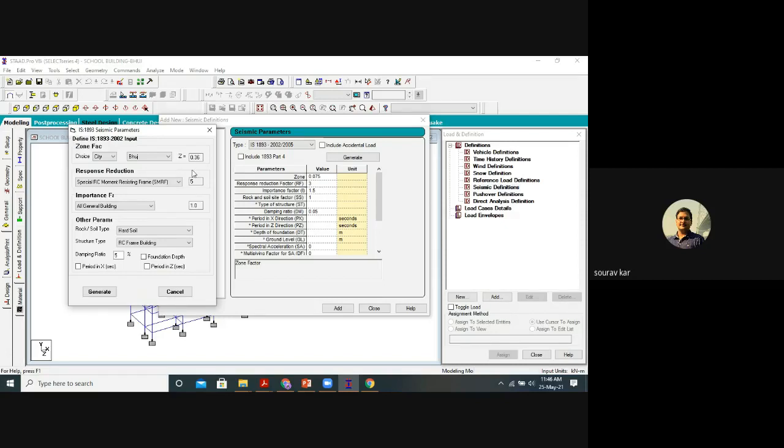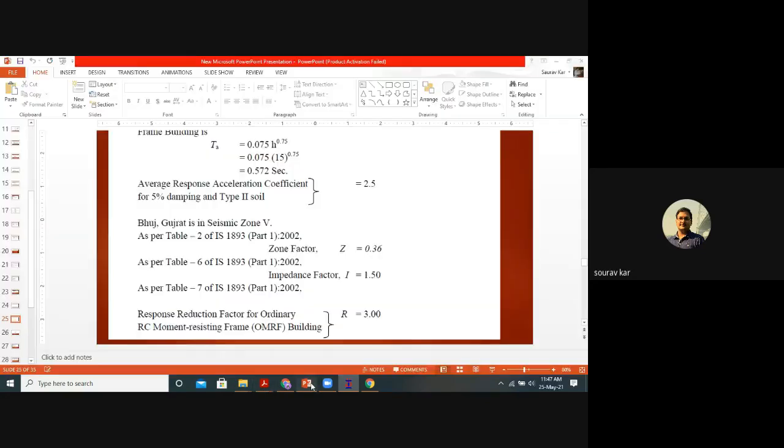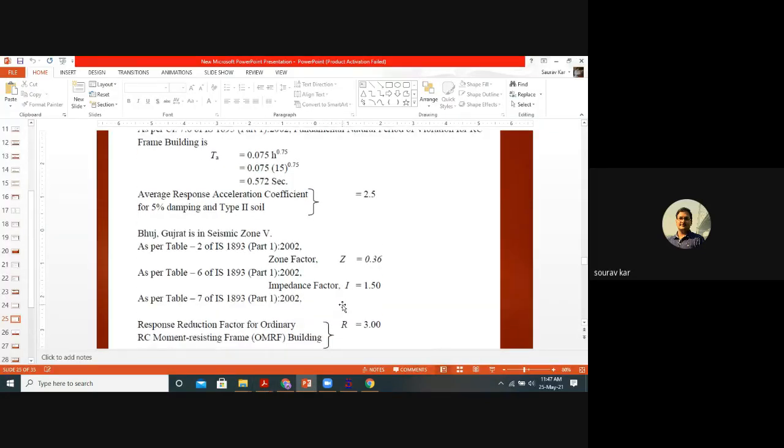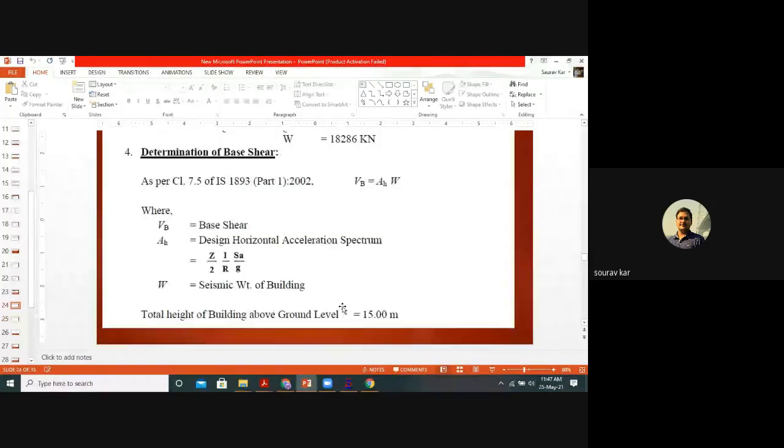For response reduction, I told you we will only go for OMRF because we are designing according to IS 456. So for OMRF, the response reduction factor is 3, importance factor is 1.5, and now we have to go for soil type.